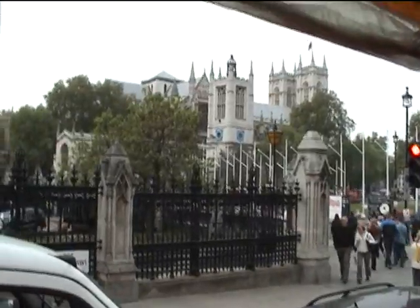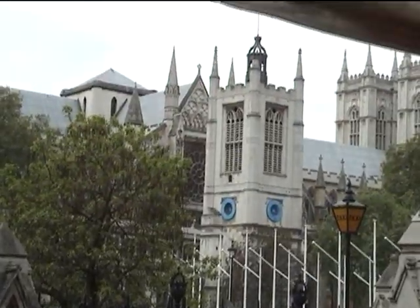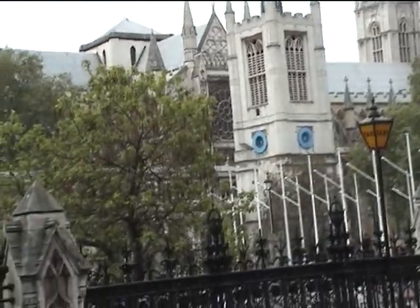I suppose we're quite lucky in London. We do have three different World Heritage Sites. Where we are now, we've got the Houses of Parliament and Westminster Abbey. We've also got the Tower of London. It's also 1,000 years old, the tower. And in Greenwich, you have the Royal Observatory and the Naval College, another place that's important to the world and